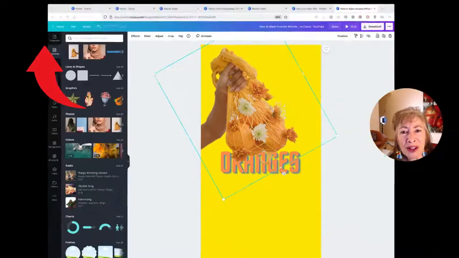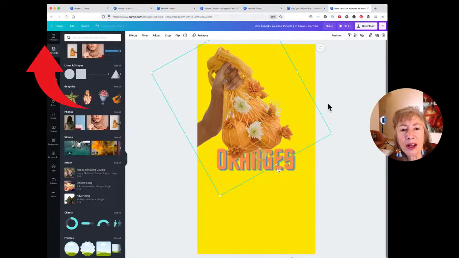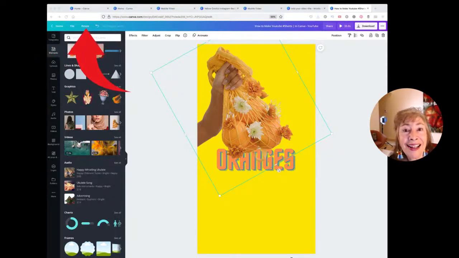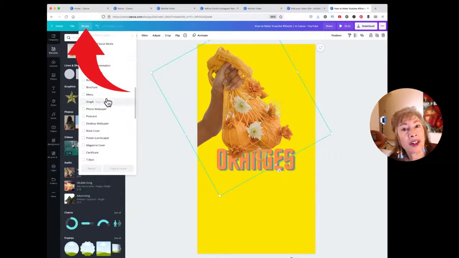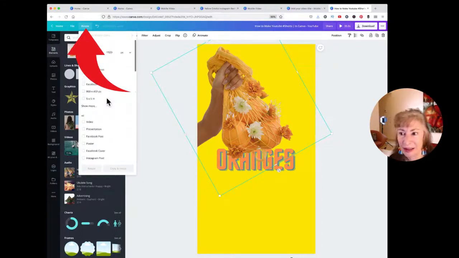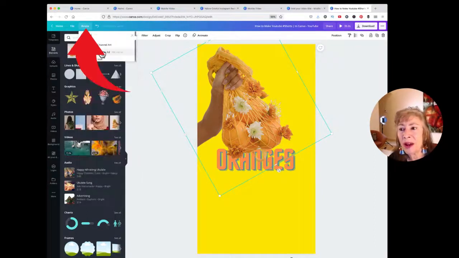Okay, so I'm going to show you what to do now. I'm going to preface this by saying this only works with Canva Pro. But this is another reason why Canva Pro is so spectacular. If you come up to this resize button and you click on resize, okay, now look at all the options of what comes out. There are a ton of options to resize this into something else. I am going to resize this into, and I'm going to just type it in, YouTube,